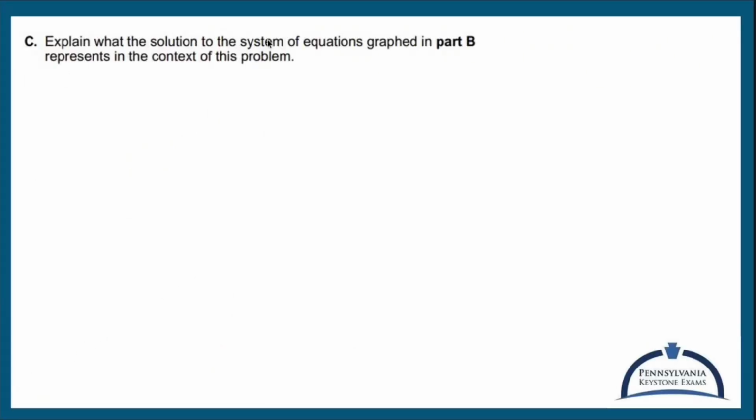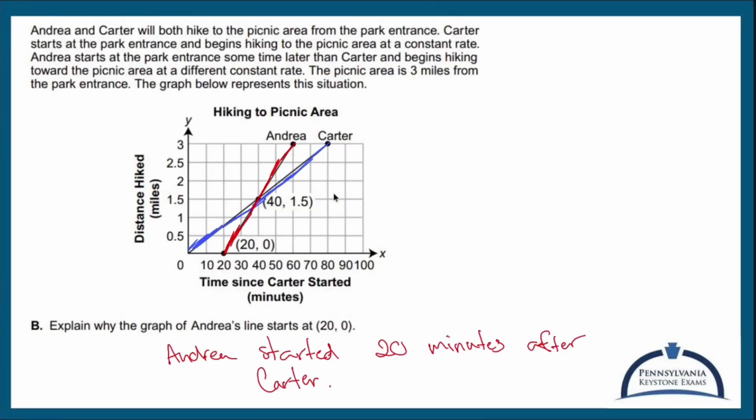Explain what the solution to the system of equations in Part B represents in the context of this problem. The solution was 41.5. So let me write the answer out here, what the solution means while I have everything in front of me. The solution means it is 40 minutes after Carter started, because it's the time since Carter started. So 40 minutes after Carter started,